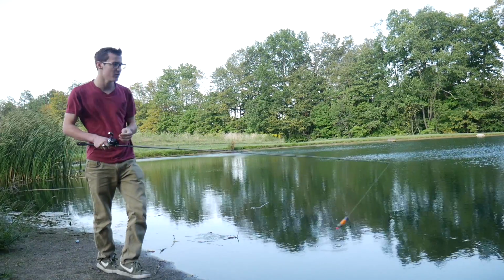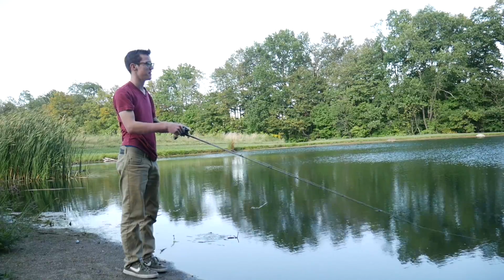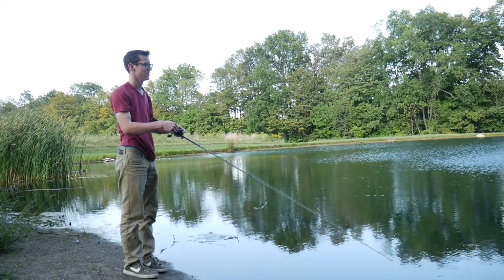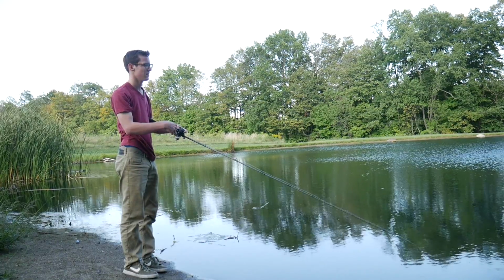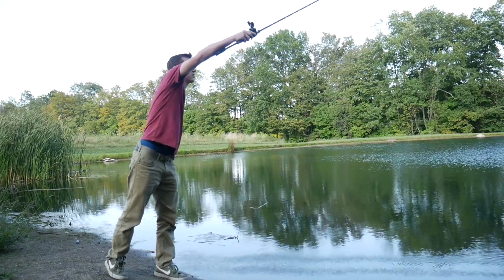Alright, I'm just going to start off throwing this bait close to the shore. I saw a bass swirl out here a while ago. And I'm just going to fish this bait. It's got a very interesting action. Kind of like a cross between a topwater and a walking bait. It kind of dips under the surface though, which is kind of weird, but